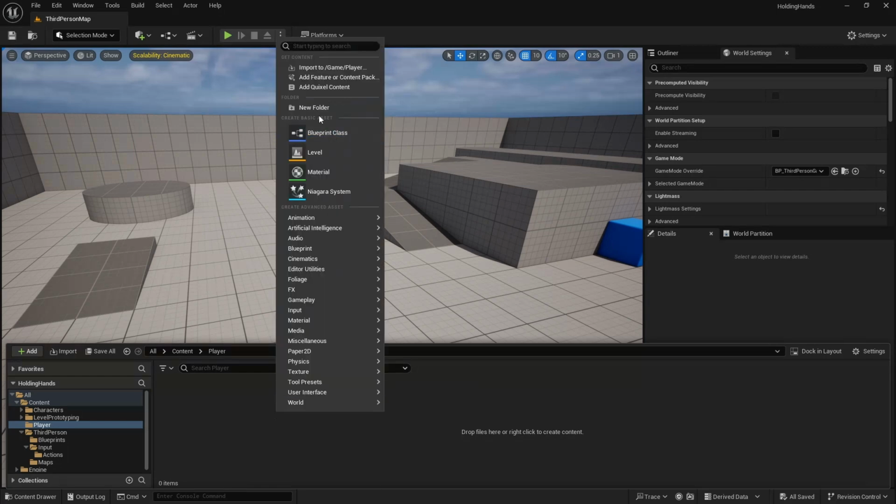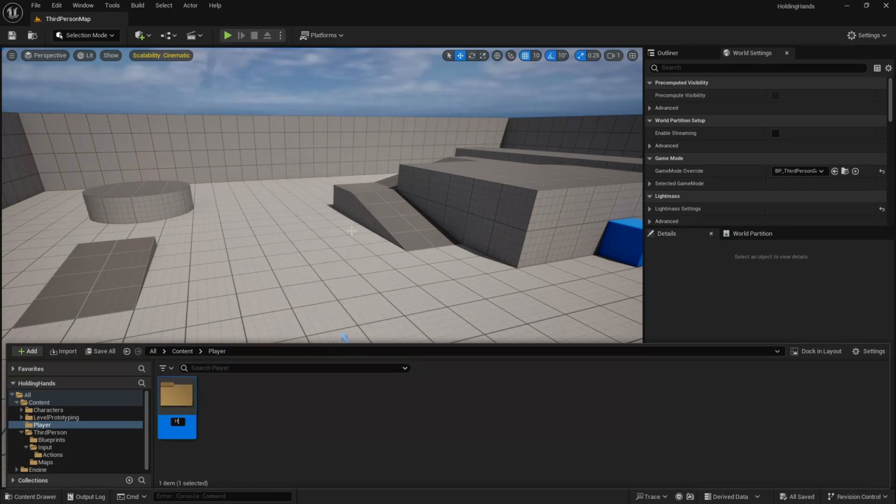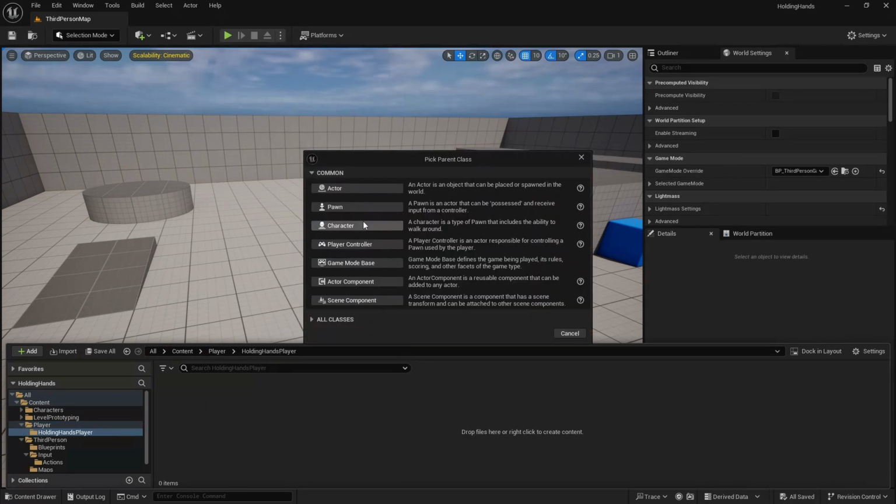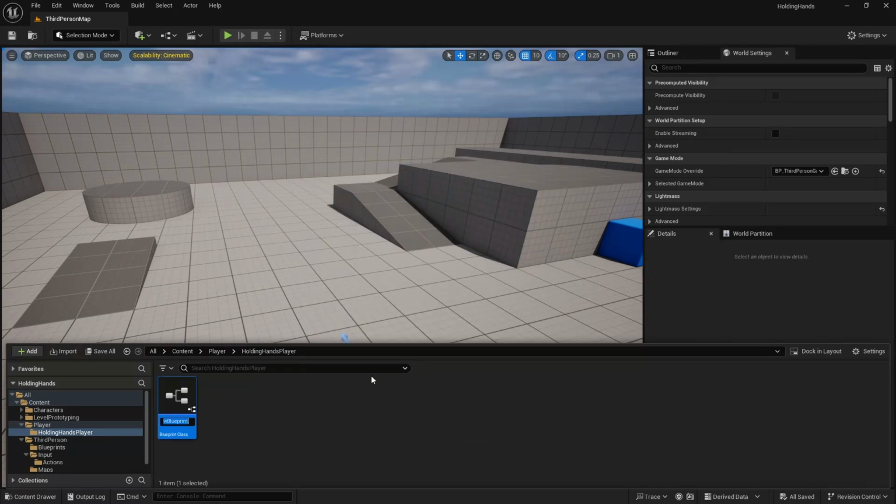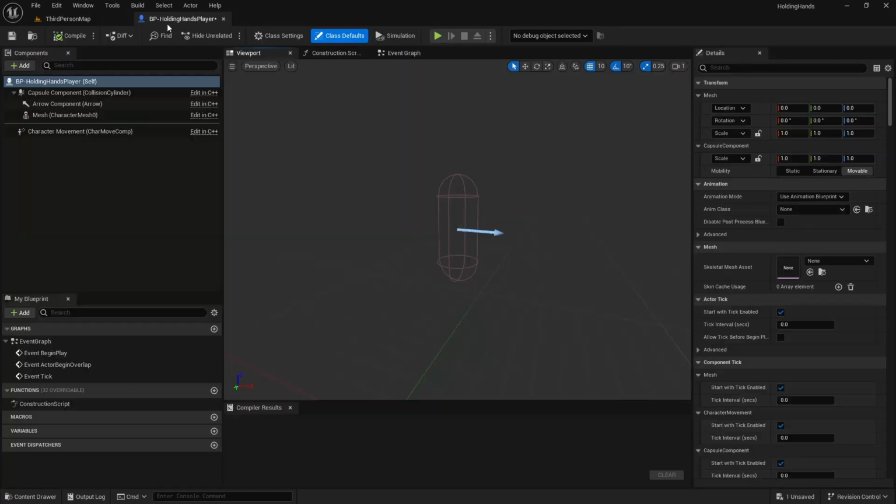I will create another folder here just for holding hands player. Let's open it. I will go with new blueprint class, and it's going to be a character. I will call it BP holding hands player. Let's open it. Initially it is like an empty character, there is nothing here, but I will go to